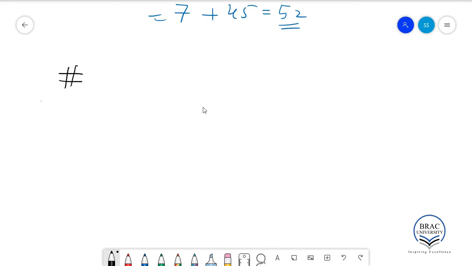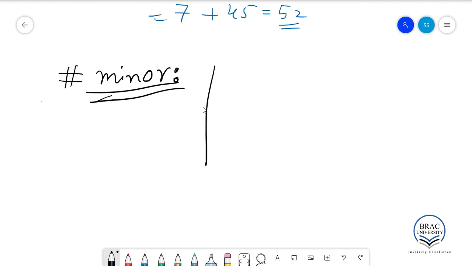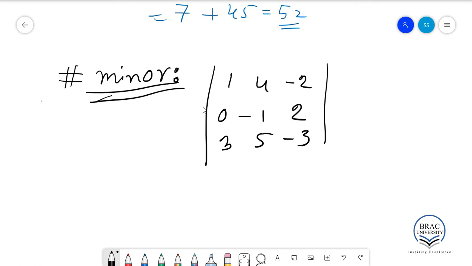Now let's talk about something called minor. So what is a minor? That's the first question we will ask. Notice that in a 3 cross 3 matrix, when we try to evaluate the determinant, we had something like, let's say you have 1 4 minus 2, a 3 cross 3 matrix, 0 minus 1 2, 3 5 minus 3. When you try to evaluate this determinant,